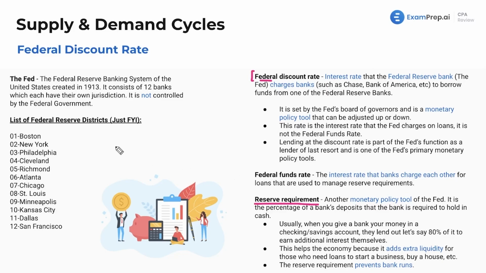This was a nice introduction. Just to recap it all for you, this is just for your information. It's not like you have to memorize anything, but especially this. Just know what the Fed is. It's a separate entity. The federal discount rate is what they mean when they talk about raising interest rates, with the federal government, not the federal government. Yeah, you can tell we're going to have a fun time with this. The Fed, the Federal Reserve, is what makes our interest rates increase and decrease. The federal funds rate is the interest rate that banks charge each other. So Bank of America wants to charge Chase 2%. Reserve requirement, we went over that.